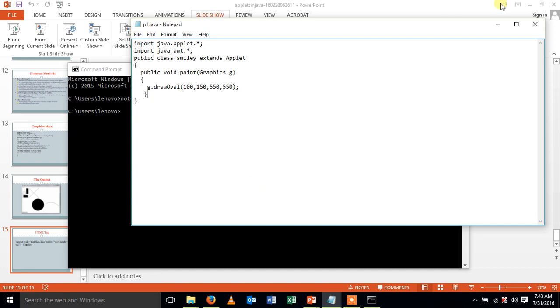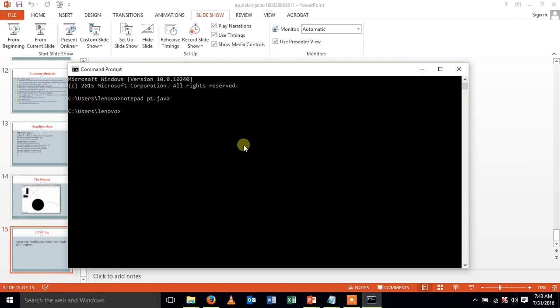Save this file. The compiler used is javac, space, filename.java. One error.